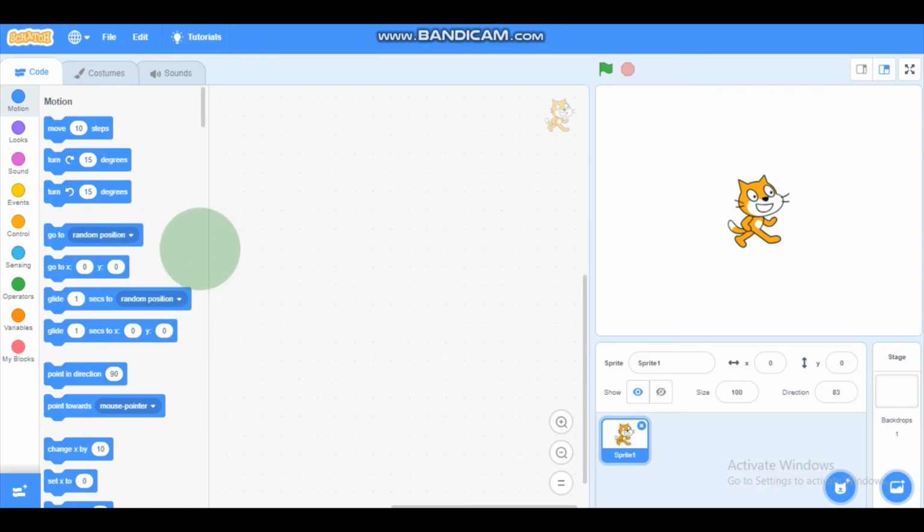Okay, the first one is go to x, whatever number, and y, any number. This instructs the sprite to move to a specified coordinate location on this page. Like if you wanted the sprite to go to x negative 29, and here